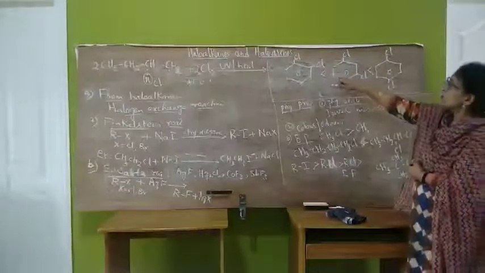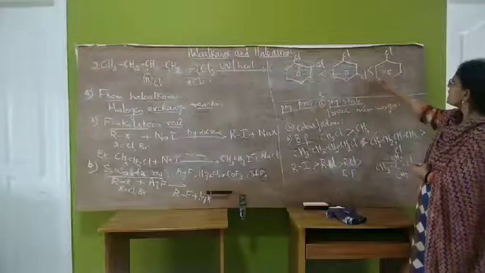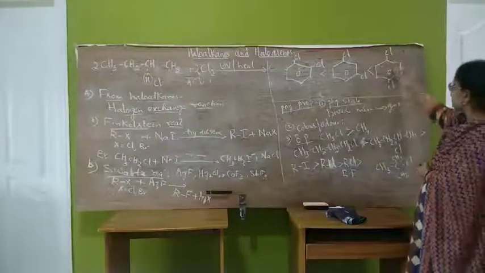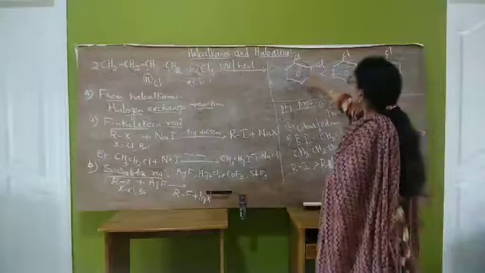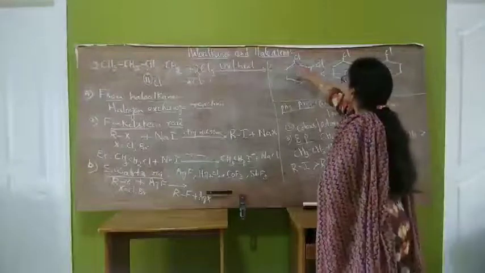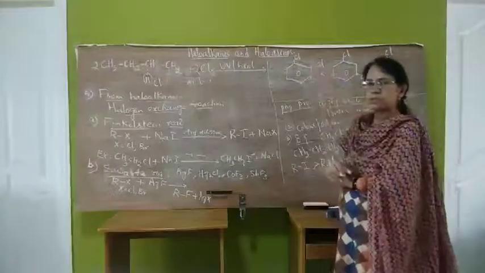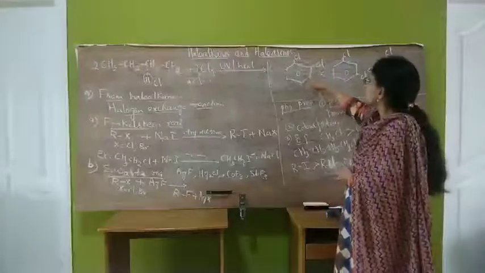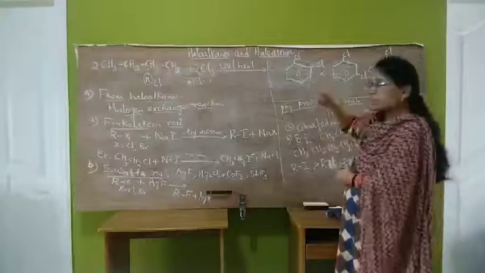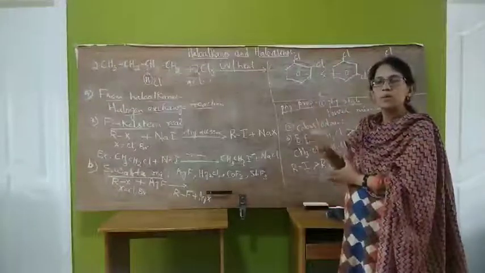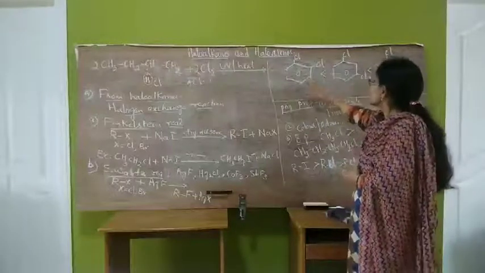Orthodichlorobenzene has less boiling point than metadichlorobenzene, than paradichlorobenzene. Paradichlorobenzene has the highest boiling point. This is because in orthodichlorobenzene, the chlorine atoms are nearer to each other. That means there is more repulsion, that is, steric hindrance is there. Therefore, stability is less. So, the more the stability, the more the boiling point. So, here lesser stability means boiling point is less.